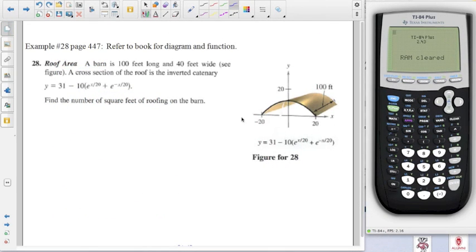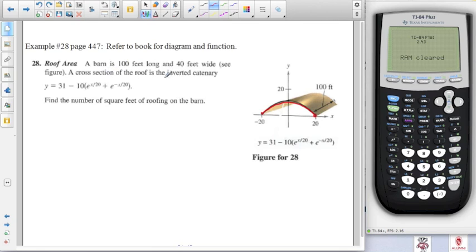For this application of arc length, what we're going to do is calculate the arc length of this curved section of roofing here. And once we get that arc length calculated, we can use that number and multiply it by the length of the roof and get the total surface area of that roof. And so this would be a real practical application if you wanted to re-roof the top of this barn here. So this contour here, which is actually a pretty common contour when it comes to these type of outhouses,